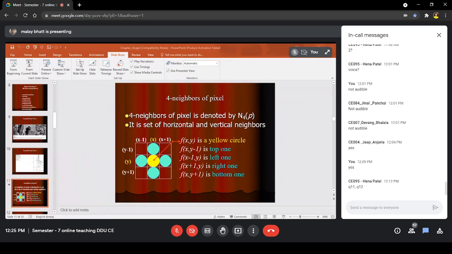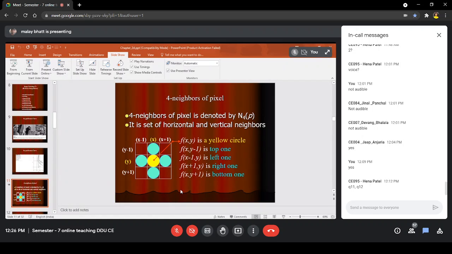So here let us understand what the neighborhood is. It is very simple. For a center pixel f of x y, the 4 points are the top pixel, the left pixel, the right pixel, and the bottom one. So these 4 form the 4 neighborhood of the given pixel p, where p is the center pixel.